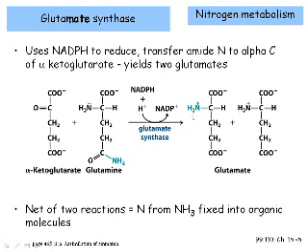So this is the outcome of the glutamate synthase: we now have two molecules of glutamate, and now we can use that again with glutamine synthetase, for instance, or for some other purpose. So the two enzymes working together, glutamine synthetase and glutamate synthase, together end up fixing ammonia into organic molecules that are widely useful. Any questions?